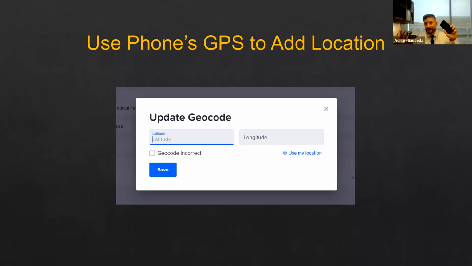Of course, we all have this in our pocket, right? We all have this in the console of our vehicle when we're out and about, or on the dashboard. So Action Builder takes the functionality of your phone. Not only is it easy to read on your phone when you're out in the field talking to workers, but for our construction crews, when they see job sites, they want to start tracking job sites. It's easy for them to enter that job site. It might be hard to see here, but under update geocode, that little blue button that says use my location just utilizes your phone's GPS and